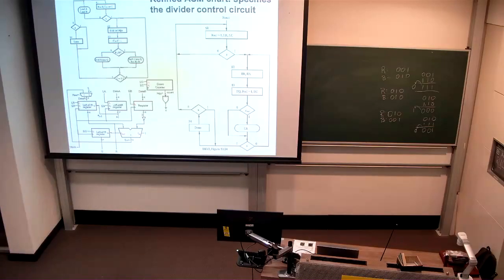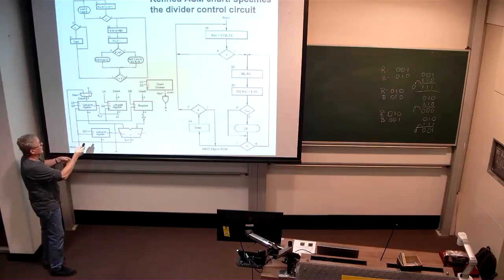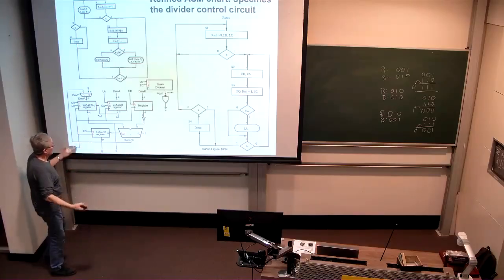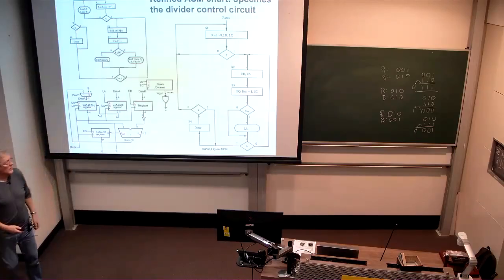And then in this second cycle here, we're counting down, so that means asserting the EC signal, right, as we see here. But we're also, which isn't really explicitly mentioned here, other than shifting 0 into Q and shifting 1 into Q, since we're always going to be shifting something into Q, asserting the EQ signal up here, and